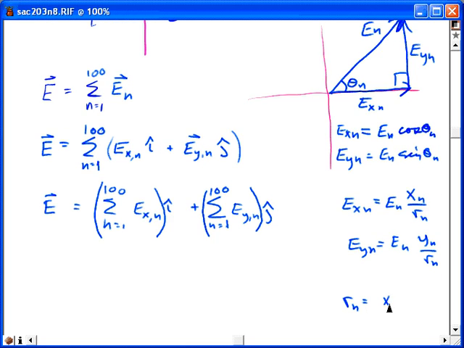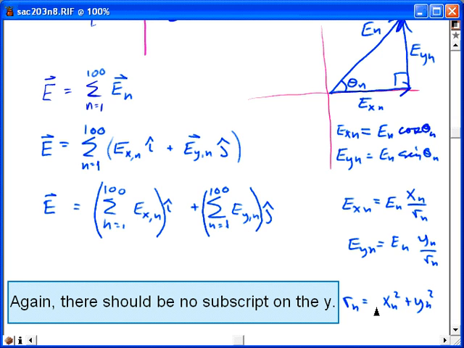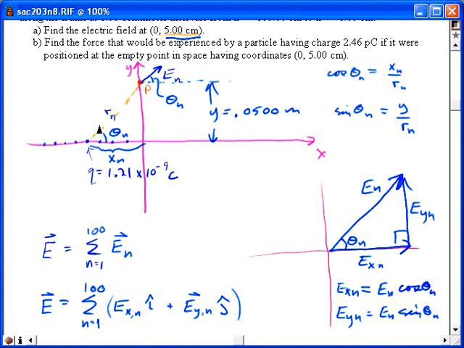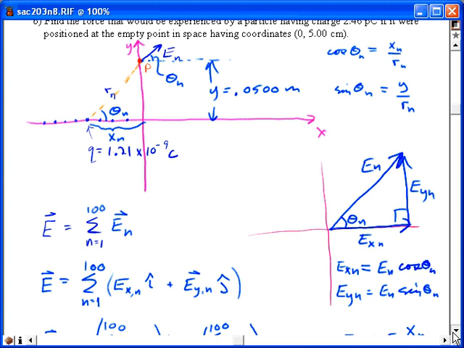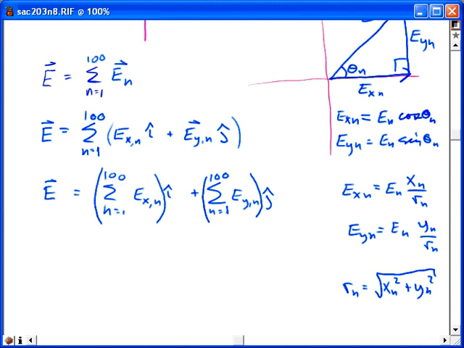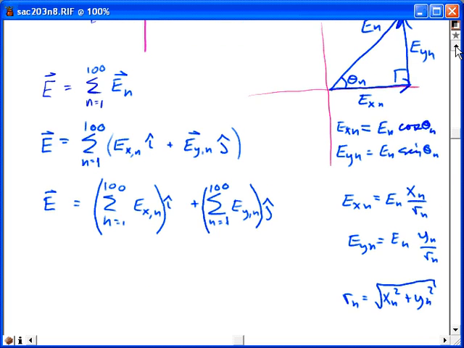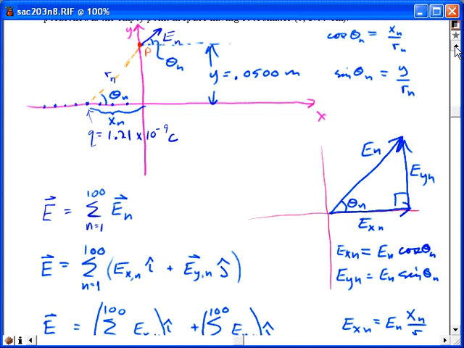R sub n by Pythagorean's theorem is the square root of X sub n squared plus Y sub n squared. So R sub n is the hypotenuse of this triangle, so its square is going to be equal to this side squared plus this side squared, and I take the square root of both sides and get an expression for R sub n. Okay, we've done a bunch of vector geometry here, but